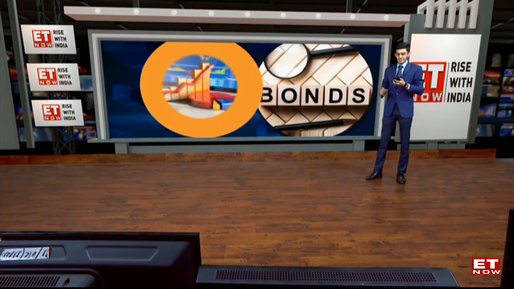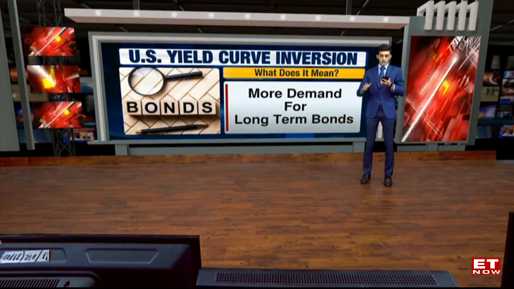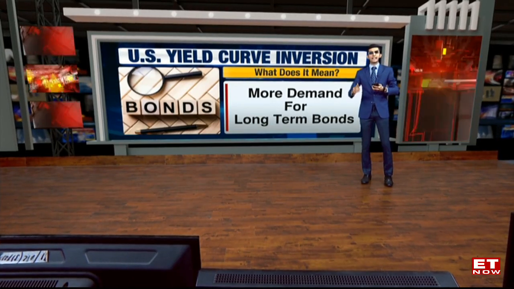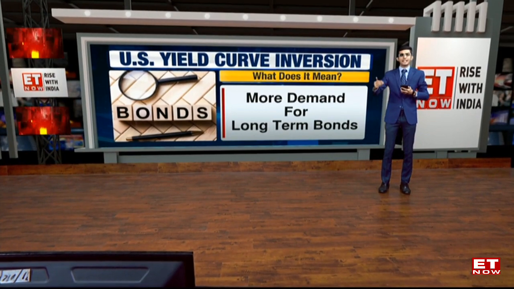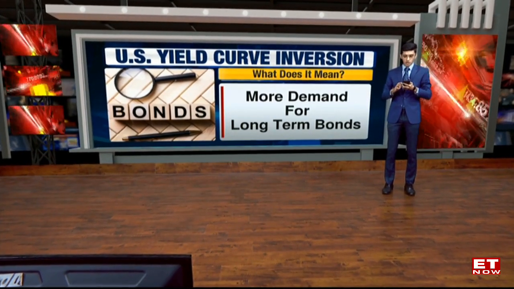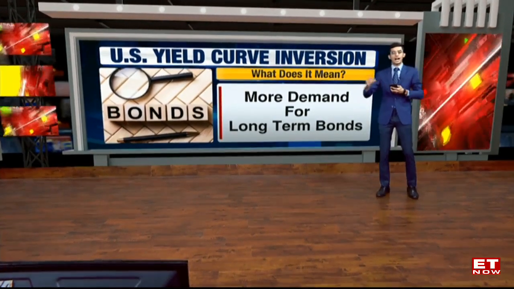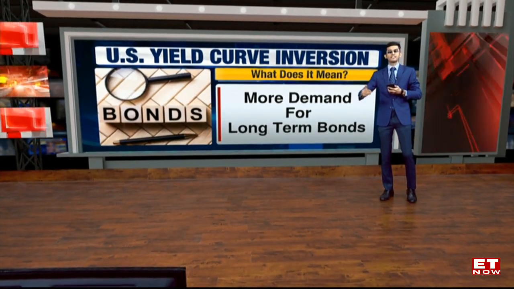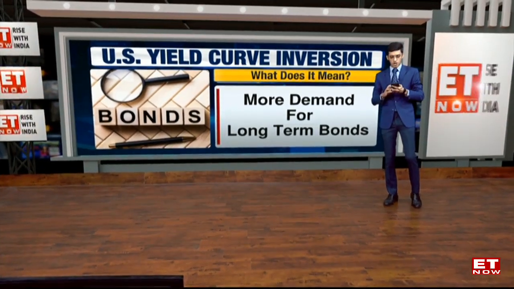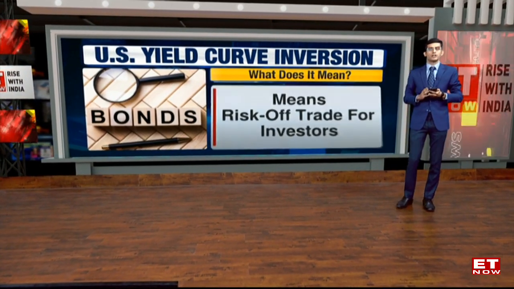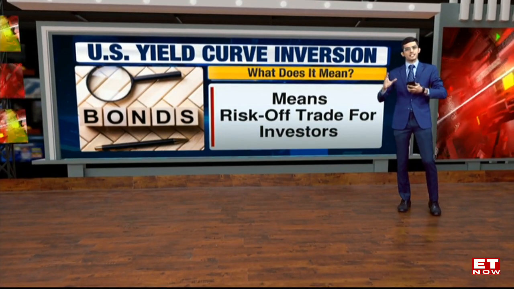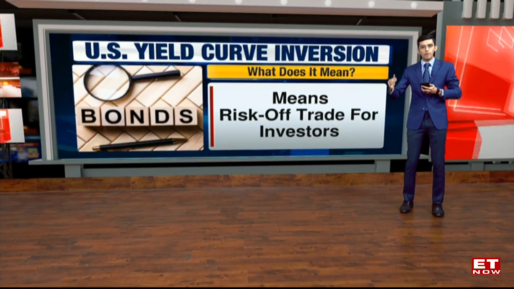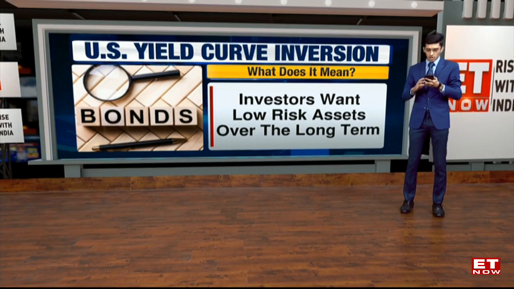And what does that mean? That largely means that short-term bonds are now higher yielding than the longer-term bonds. Generally, short-term bonds are lower yielding because there is more visibility over the short term. Now, short-term bonds are higher yielding, largely on the back of interest rate hikes which are seen in the short term. But the longer-term bond yields continue to be lower, which means that over the longer term, investors are still expecting bond yields to come off over the 10-year tenure.